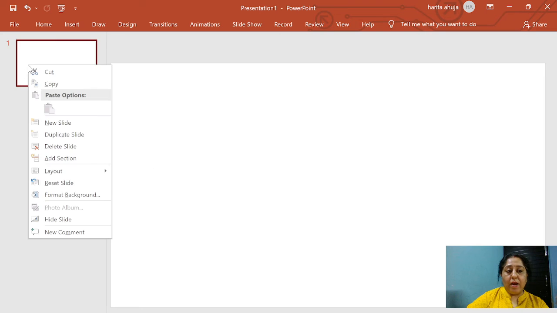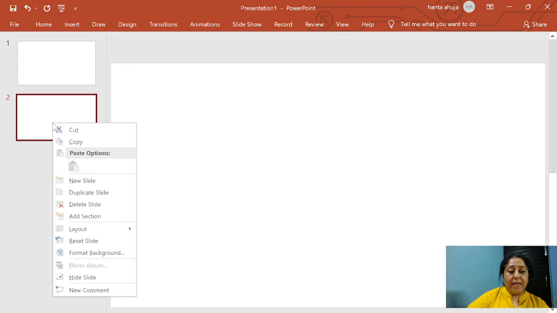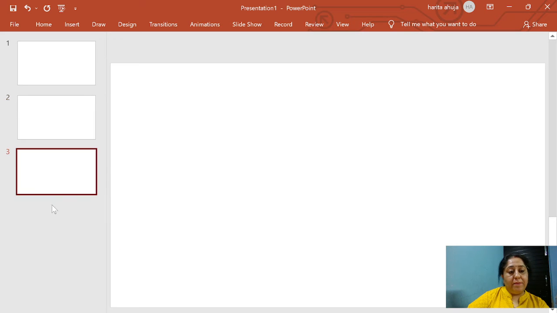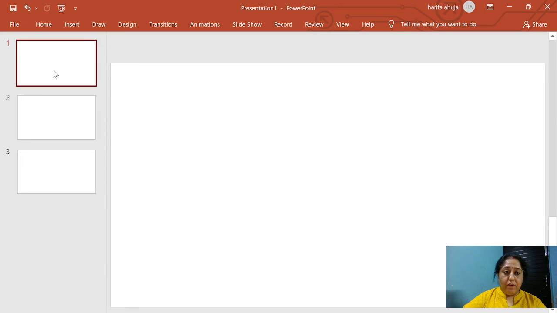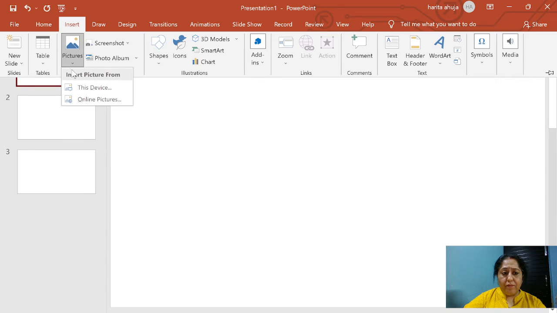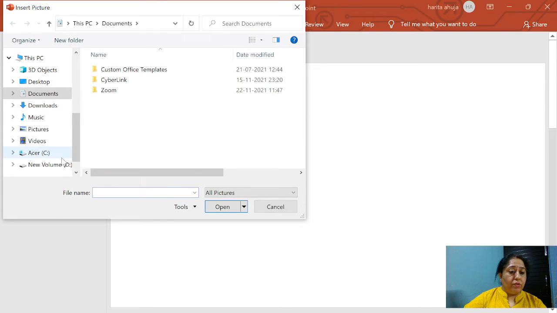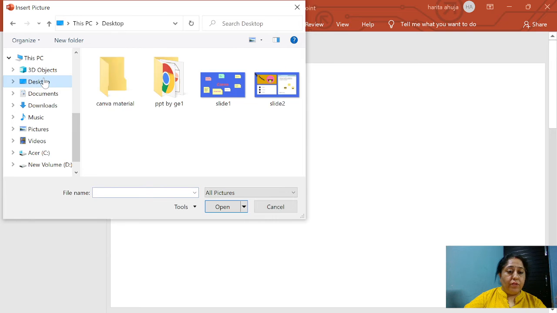You know that you have a total of 3 slides, so you will add 3 pages. First slide you will select and move on to insert. From add pictures, you will use those 3 pictures, move to the desktop,